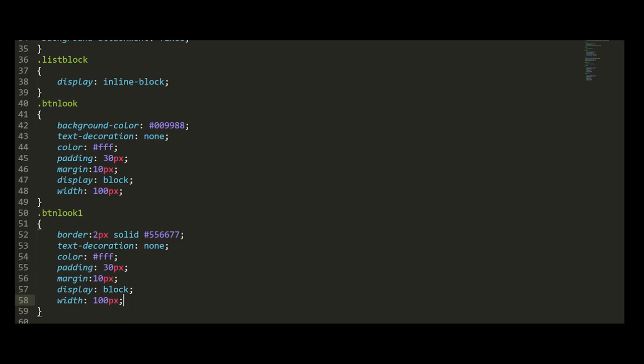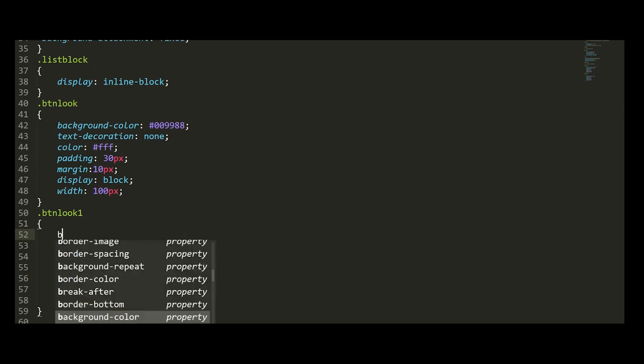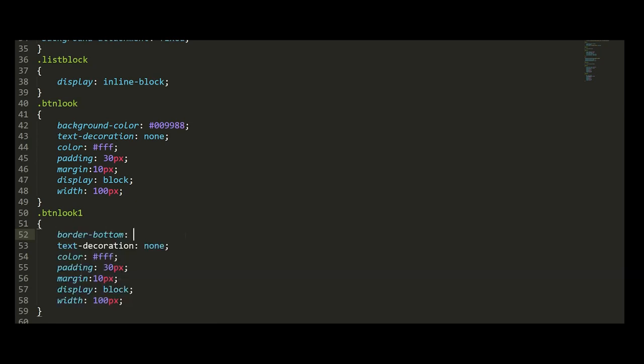Here I have straight away given this global value for border. Just I am removing this. I am going to give border bottom, 2 pixel, and the design, I have given solid for previous border. Now I am giving dotted, right?